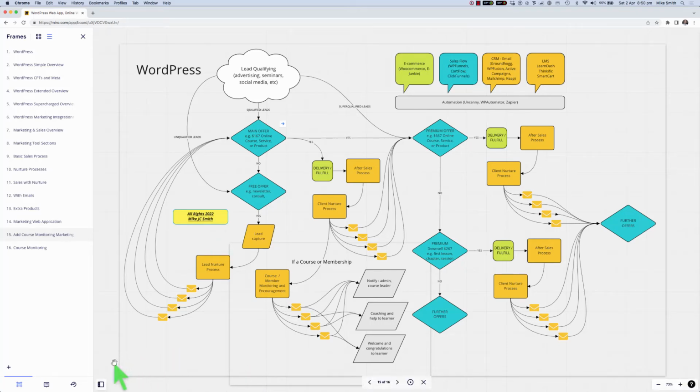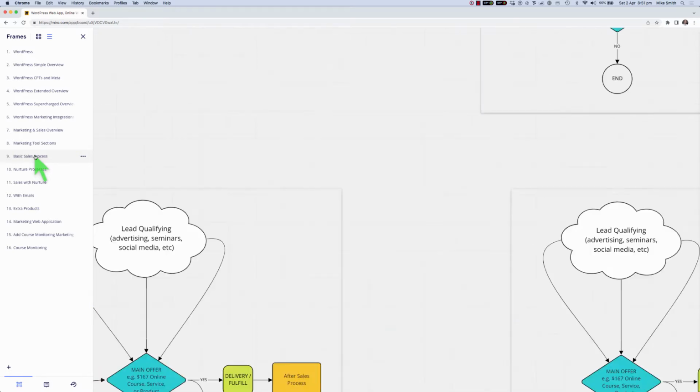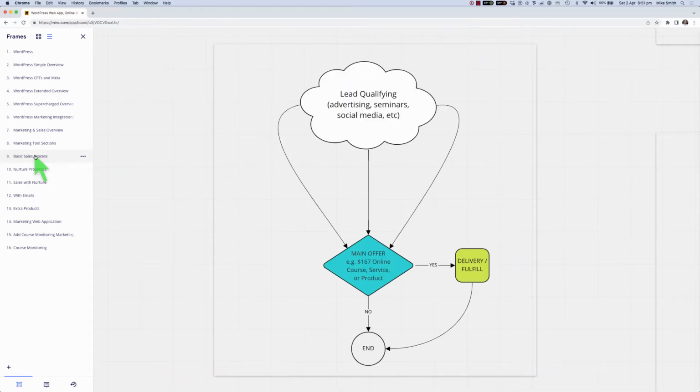In this video, I'm going to run through how you could use WordPress for a full marketing and sales platform, and also a learning management system or membership platform. So I'm going to have a quick look at the entire components and tools that you might need to build this. And it's represented in this diagram, which looks a little complicated, but it's based on a basic sales process